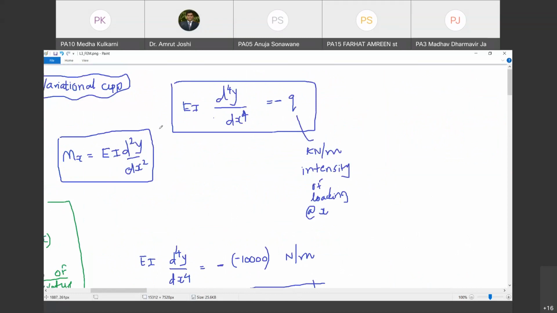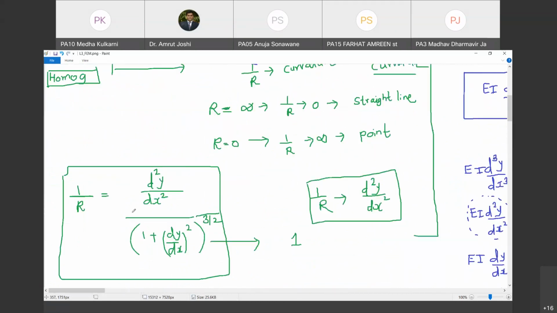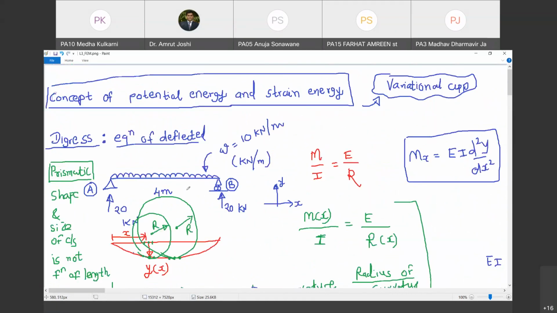That's what we are going to write now. We are going to write down the potential energy associated with this beam. Are you with me? Yes, sir. And then we are going to learn something called the principle of minimization of potential energy, which is essential for achieving the equilibrium. If the principle of minimization of potential energy is satisfied, the governing differential equation automatically gets satisfied. Are you with me? Yes, sir.